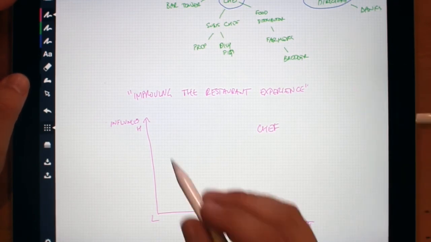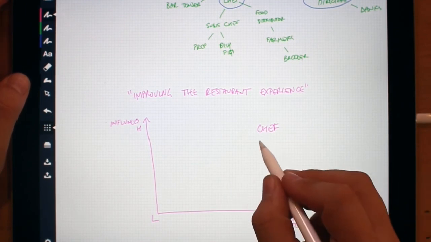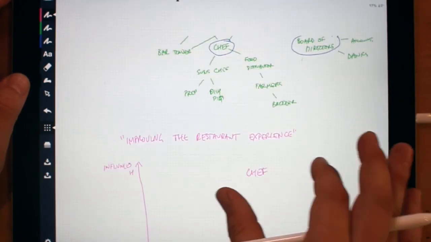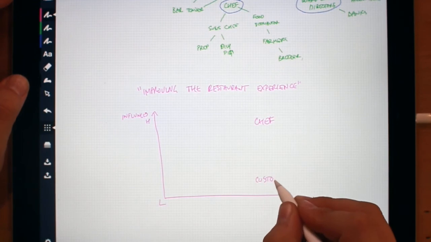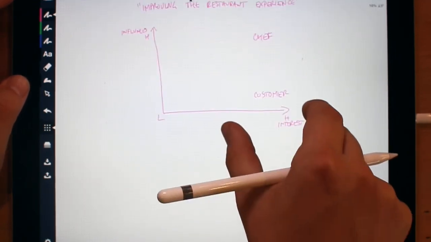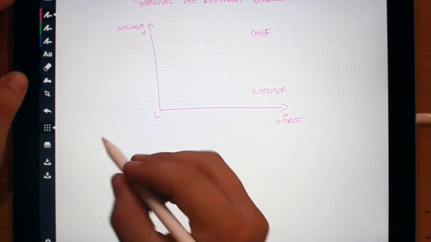The board of directors probably has a lot of influence, probably has moderate interest in the running of the restaurant, but also wants it to be quite a good experience. Somebody like the customer has probably very low influence, but high interest. So they don't really mind if they have a bad experience at this fine dining restaurant because they're just not going to. The next step that you could look at is take all of these different stakeholders and building a